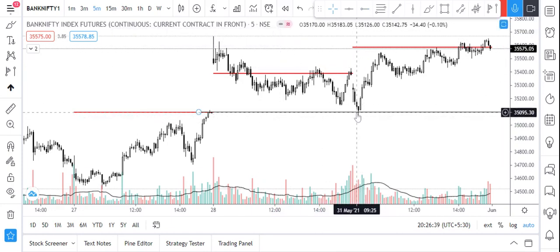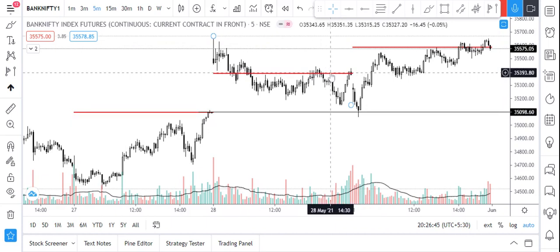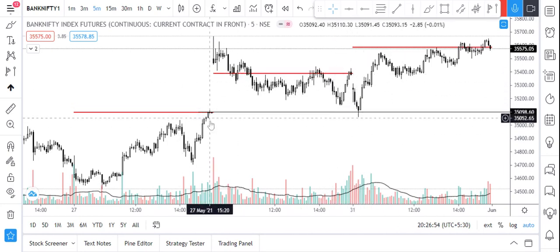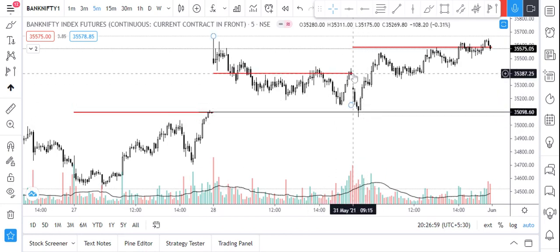So this is one way of looking at volume profile and HVNs. There are many other ways, and it's just like any other tool. It depends on the trader who is trading it, and somebody who has spent a lot of time using it. So as soon as the price took support over here, the next immediate target was yesterday's HVN,